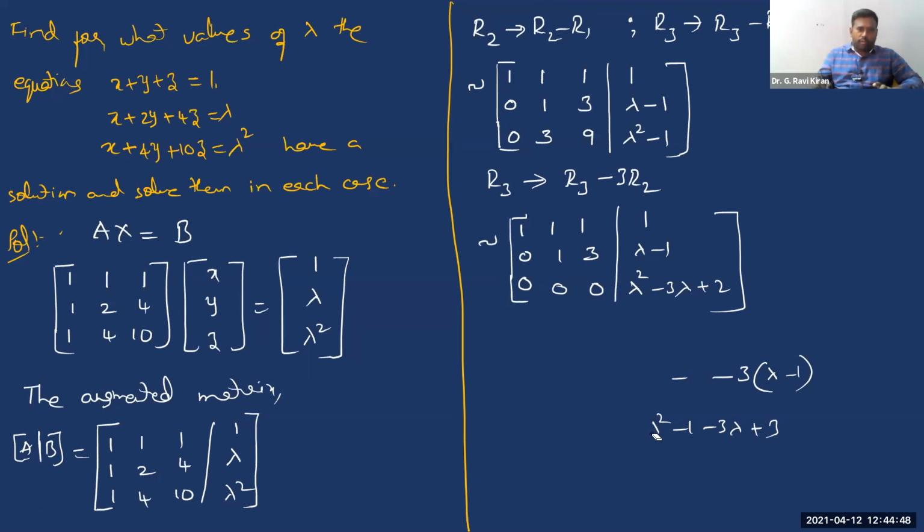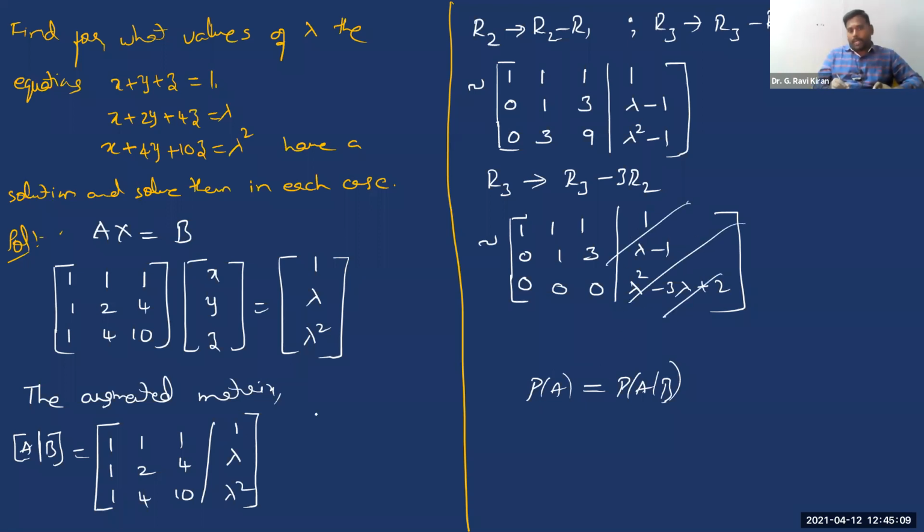Now look at this echelon form carefully. Now see, we need to choose a certain value of lambda for which the system has a solution. To get a solution for the system, we want the rank of A and the rank of AB to be the same. Right? We want these two to be the same. But if you ignore the last column completely, if you look at only matrix A, how much is the rank of matrix A? Look at it carefully. There is a 0 row. Since there is a 0 row, the rank of A is exactly 2.